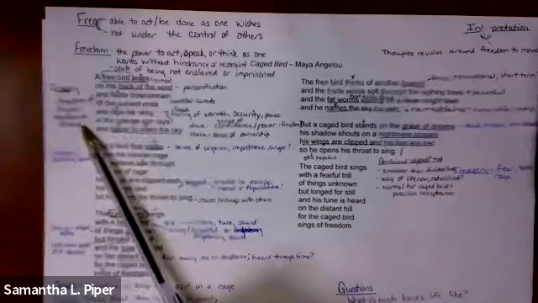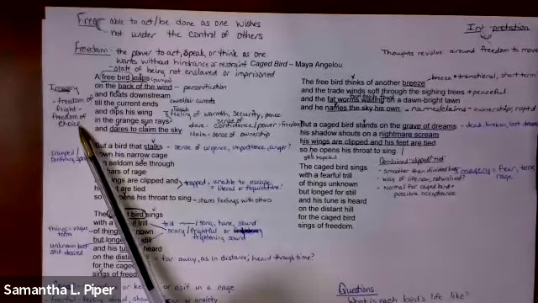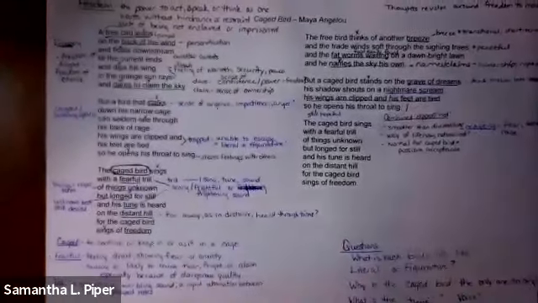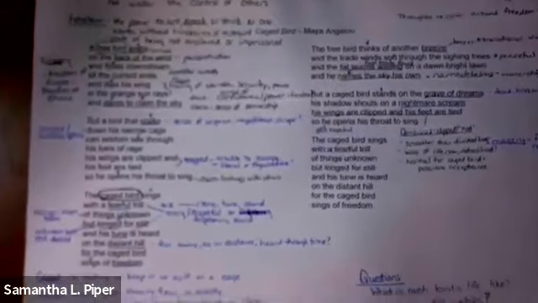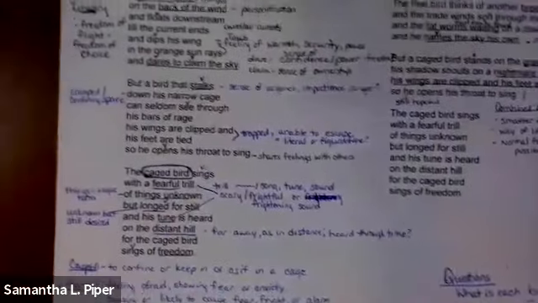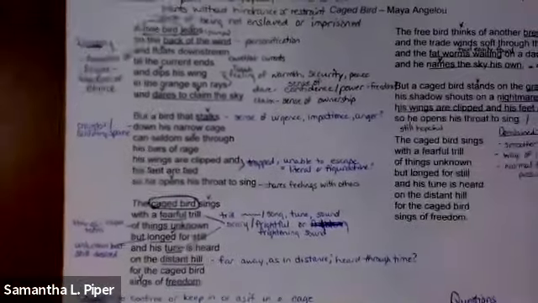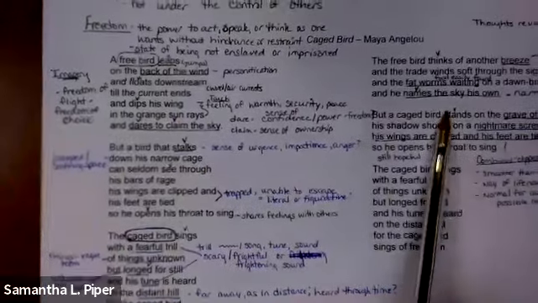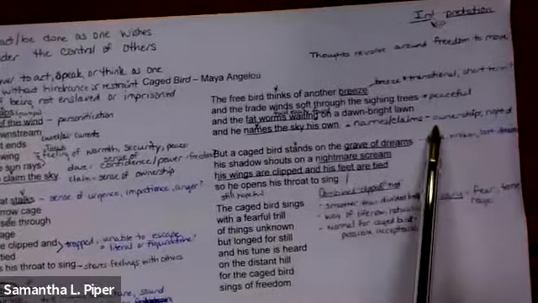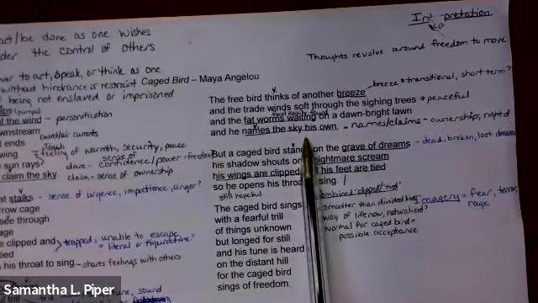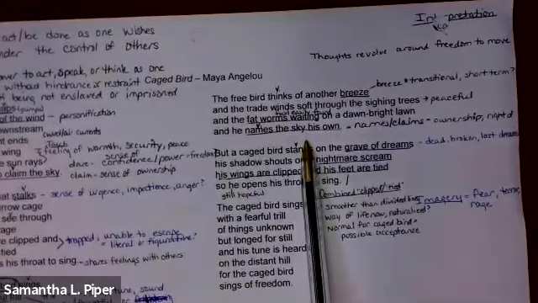The imagery is also really important here. Freedom of flight, freedom of choice. We look at these textual examples, and I know this gets a little bit blurry. Let me see if I can bring it in just a little bit more. So we look at these textual examples of how this free bird has the freedom to move around. He claims ownership, the right of ownership of the sky. It's not like he just looks up at the sky and says, see that? That one's mine.